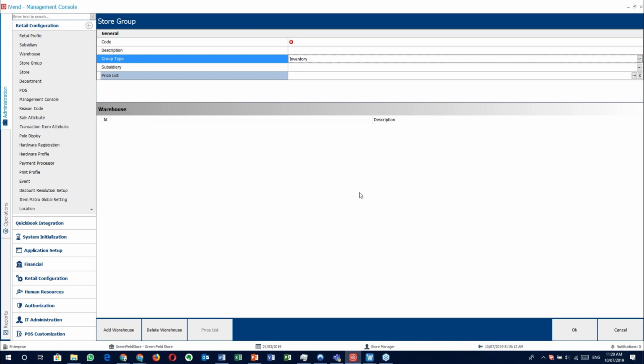Now, inventory is quite an interesting one because it means that you can geographically define your stores. So, for instance, if I've got all my stores in the Western Cape, I can say they can see the inventory that's in their stores. And this is the same thing for all the stores in Gauteng. This is actually quite important because with the best will in the world, and I know some lovely cashiers out there, sometimes their sense of direction is not great. And to give you an example,